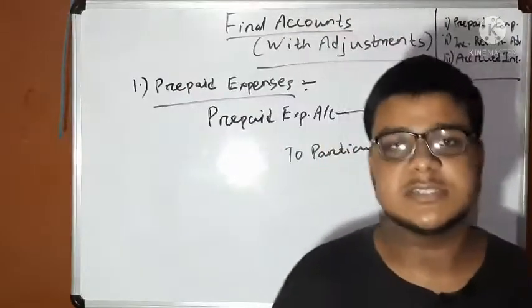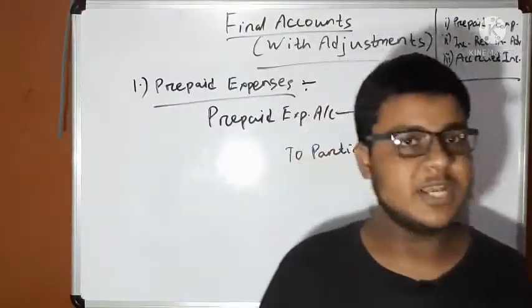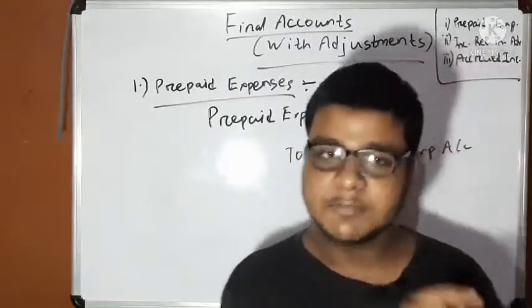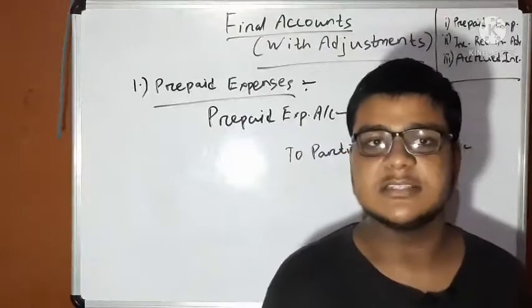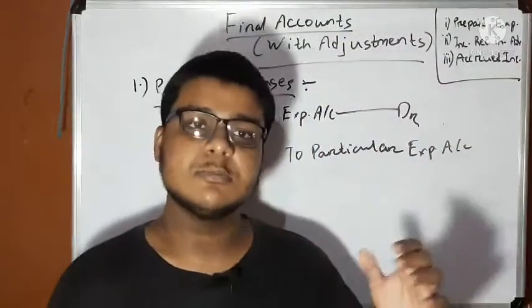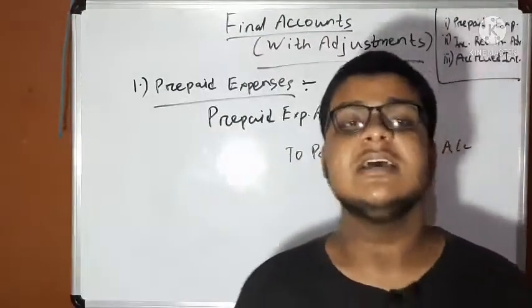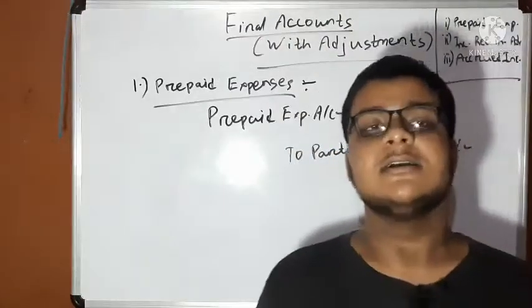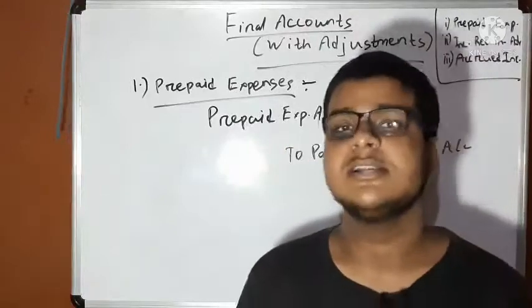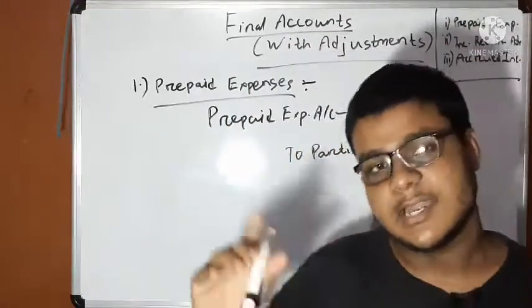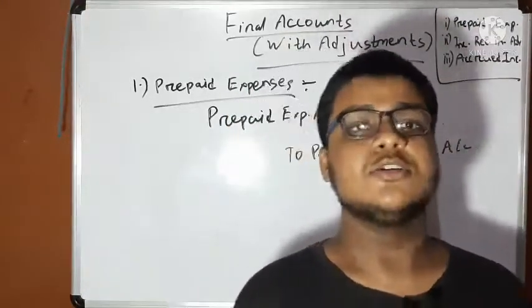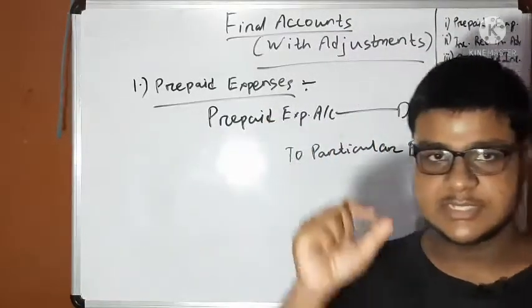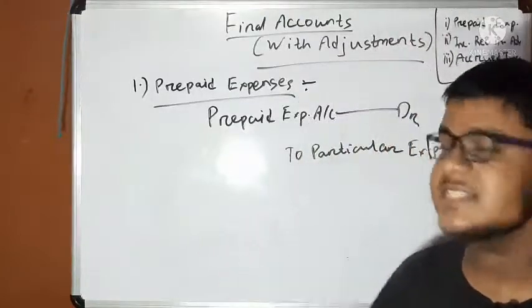If that particular expense is indirect in nature, it is to be recorded in the profit and loss account. So the prepaid expenses related to that indirect expense are to be deducted from that particular expense in the profit and loss account. And on which side? On the debit side, because in a nominal account, the debit side records all expenses and losses and the credit side records all income and gains. So this is the accounting treatment related to this adjustment.